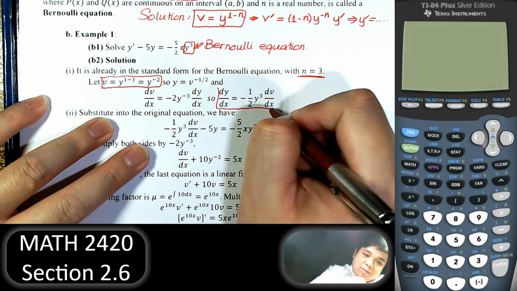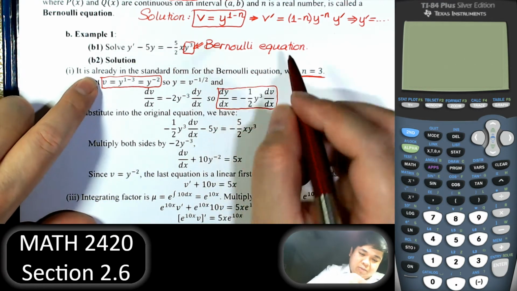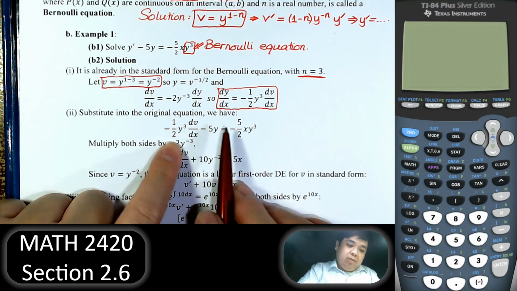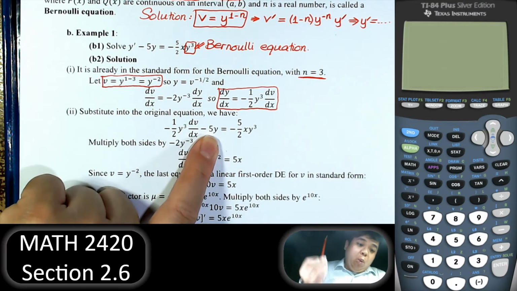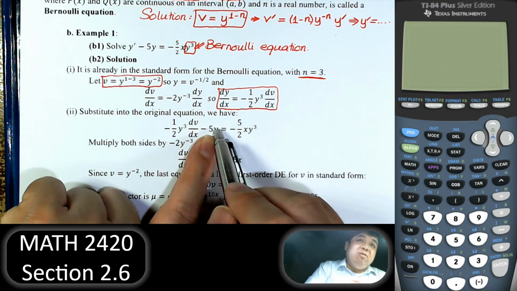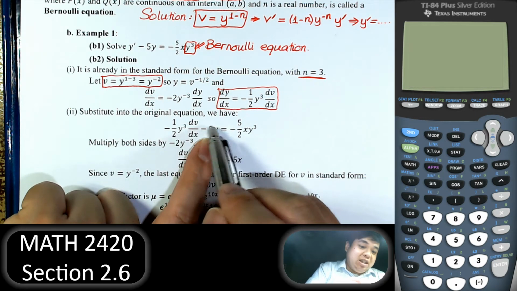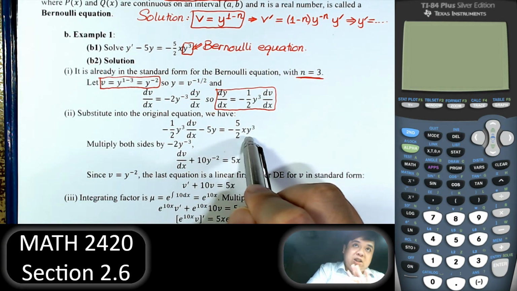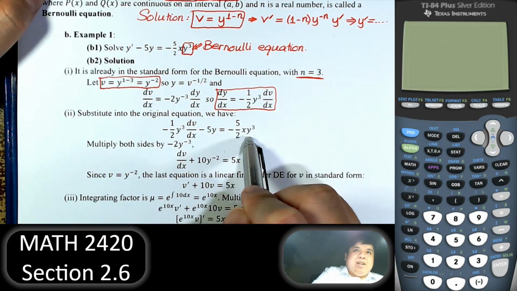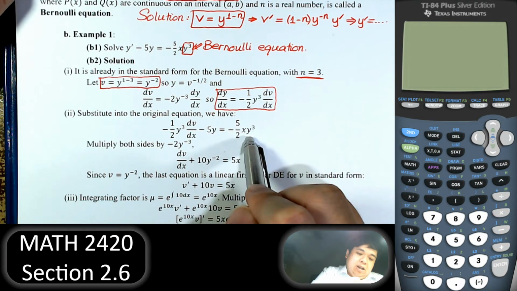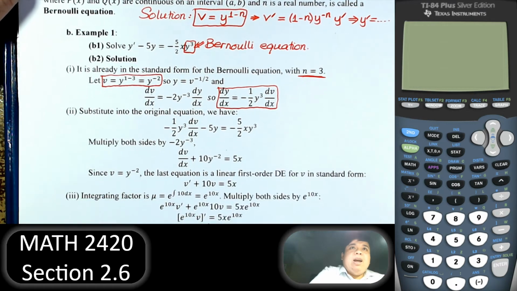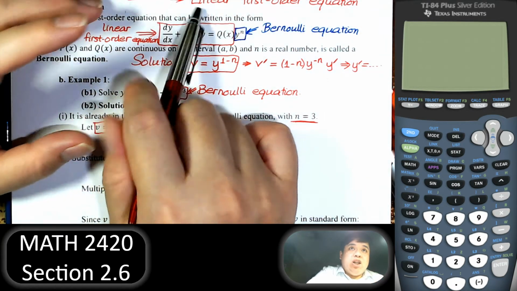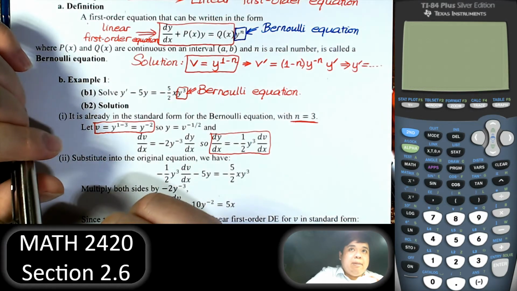Again, substitute that into the original equation. That is y prime and y. We don't need to substitute v to negative 1/2 in for the y. Just leave the y here and keep the y cubed here. Don't worry about that, just leave it like that. Now, next, since we said that this equation would turn into a linear first order equation,